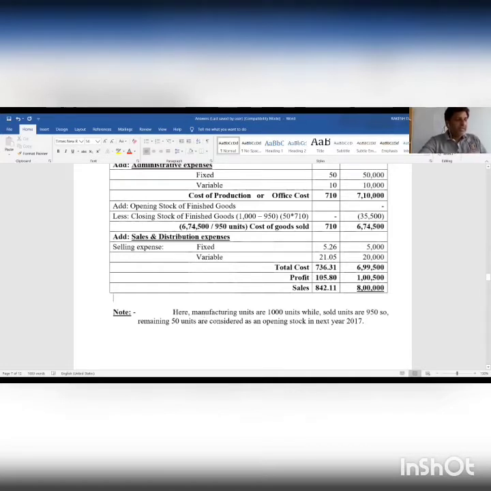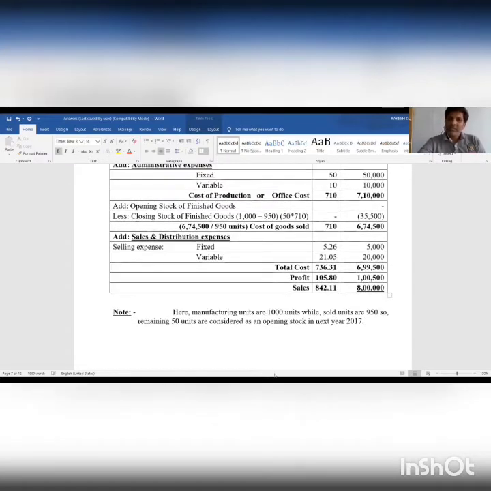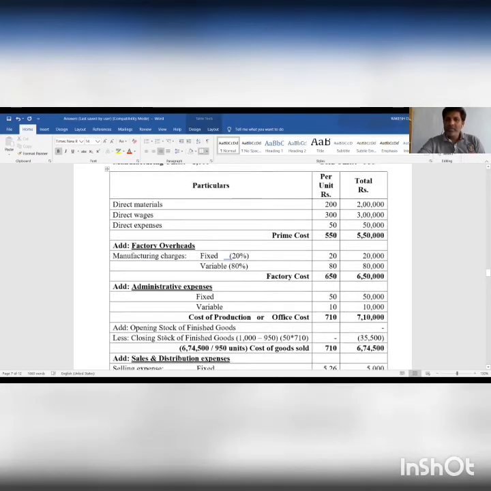Now finally, sales are given as rupees 8 lakh. So 8 lakh divided by 950 will be rupees 842.11 per unit. Then we get profit as sales minus cost. Sales are rupees 8 lakh and cost is rupees 6,99,500. The difference between cost and sales is rupees 1,05,000, which is considered as profit. So 1,05,000 divided by 950 gives 105.80. This way we prepare a cost sheet for the year 2016